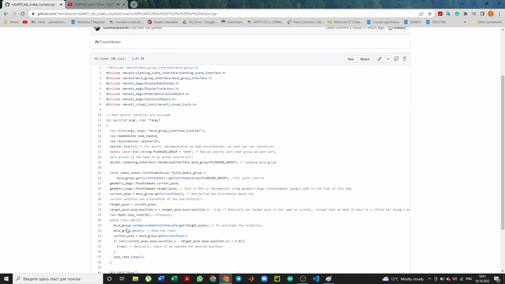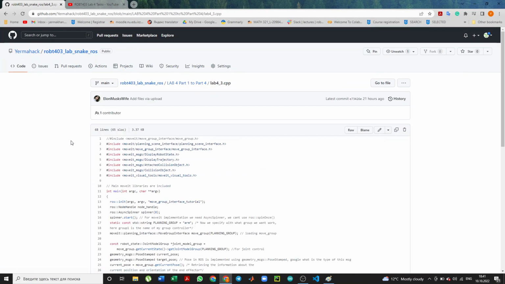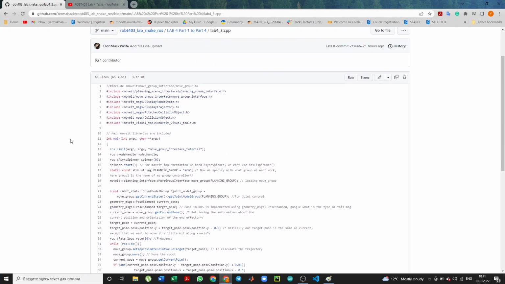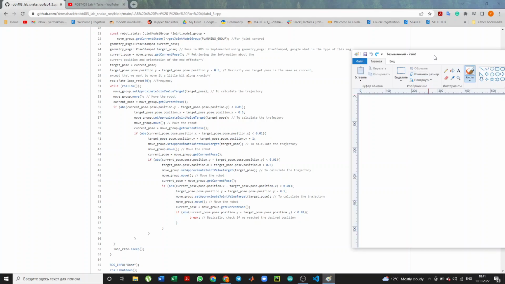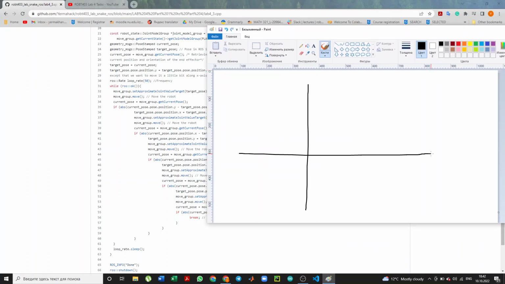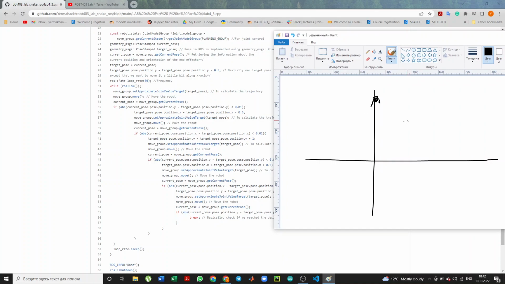So the next task is to move in a rectangular way, which is shown in this code. And here essentially we start from the center point. So let's imagine that the robot is located here. We first move 1.5 units along the y-axis. So imagine that this is x and this is y, and we move along the y-axis to negative 0.5